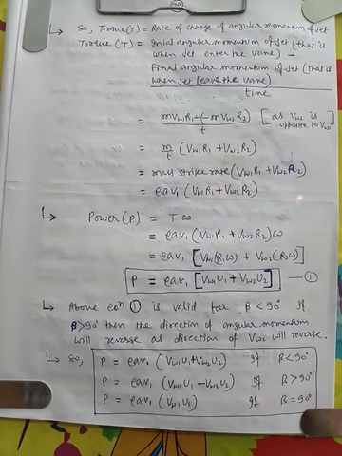This is the torque applied by jet to the runner, and power is torque into omega. This is the torque, this is the omega, and we are taking omega inside this bracket. So R1 omega is the U1 and R2 omega is the U2, the tip velocity at inlet and tip velocity at outlet. So this equation gives us the power of the inward radial flow turbine.